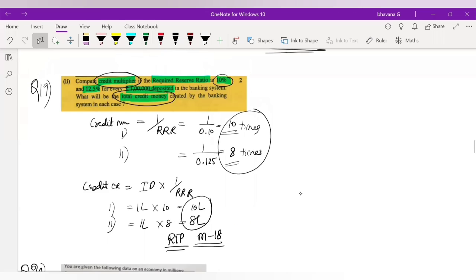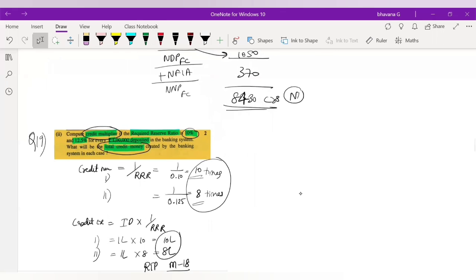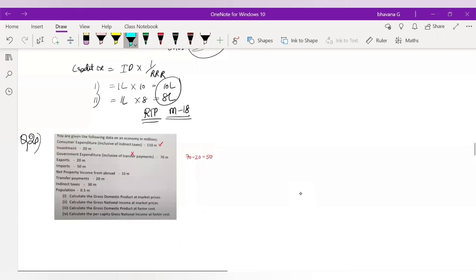Okay. So yes, guys, all 4 attempts that had already passed, all the 4 attempts' question paper sums, we have solved. So now we are going to start with RTP. We are going to start from May 18 till November 20. We are going to solve all the questions from the RTPs.